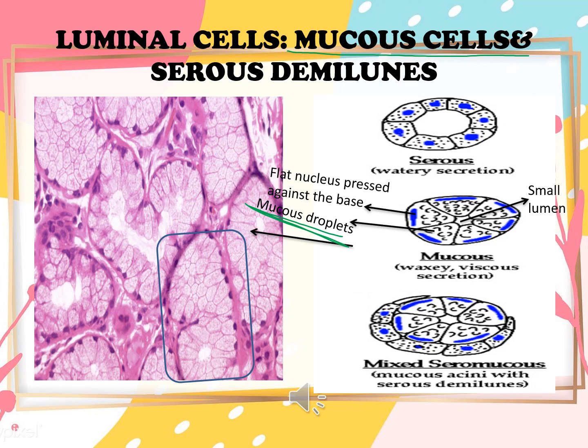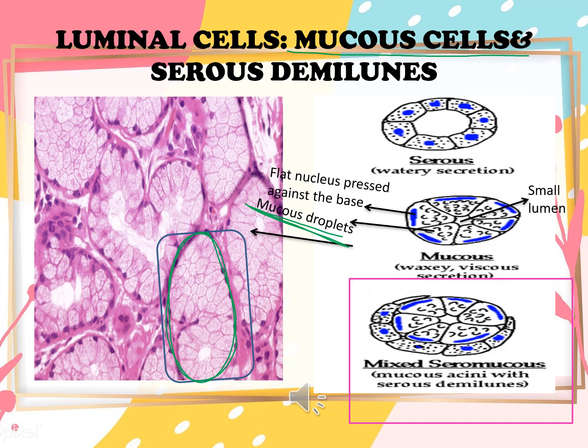Coming to the histological appearance of mucus cells, these mucus cells are usually arranged in tubular-shaped acini where many mucus cells are there, having a very hazy or light pink colored cytoplasm. This cytoplasm appears as if it has some fragments present in it and gives a very hazy and foamy appearance compared to serous cells, which are comparatively densely stained. You can see the nucleus is pressed towards the base and is not present in the center. The mucus droplets are not visible in the H&E sections. For studying that, you need to use special stains and special techniques.